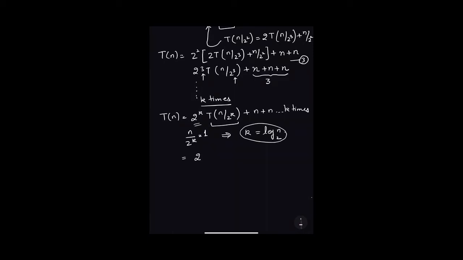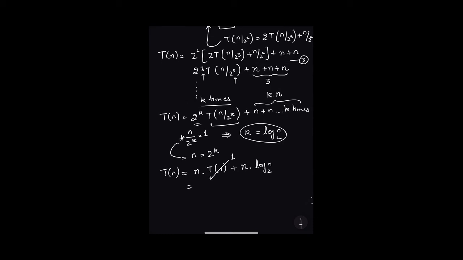So now I can say that my 2^k is equal to n. Why? Because with this statement, I'm getting the value of n equals 2^k. So I can write T(n) as n into T(1) plus n, which was repeated k times. So this has become n into k, and k is how much? Log n base 2. T(1) is equal to some constant.